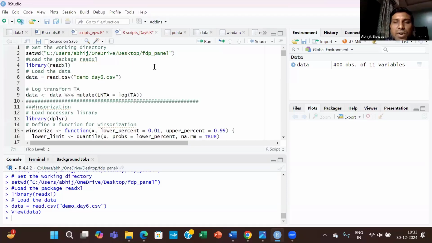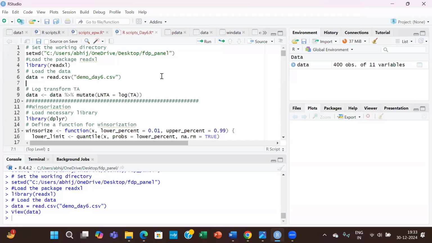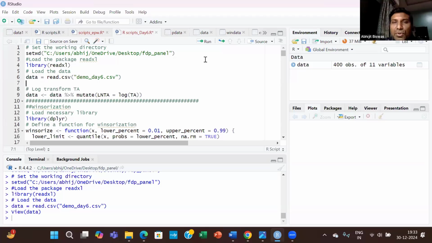I think everyone understood what is there in the data. Yes or no? And everyone is able to get the data into your environment, our environment. Yes or no? Yes, sir. Now, if you look at the data,